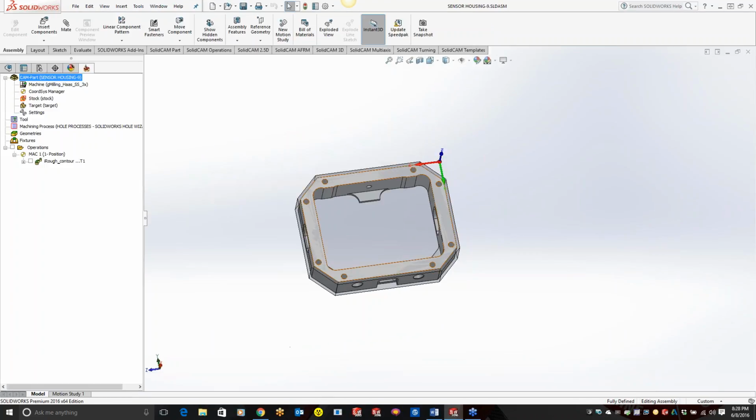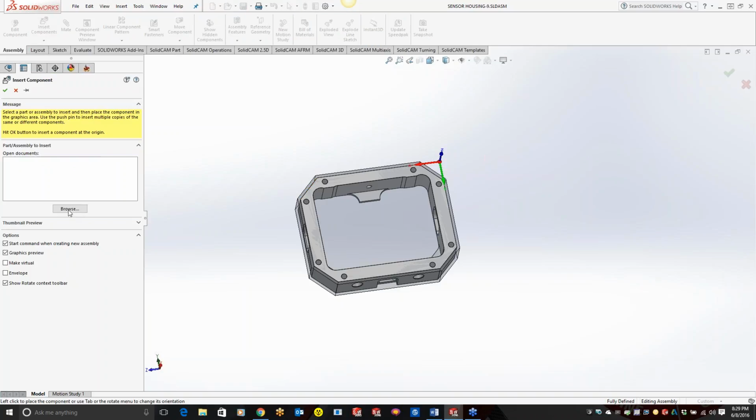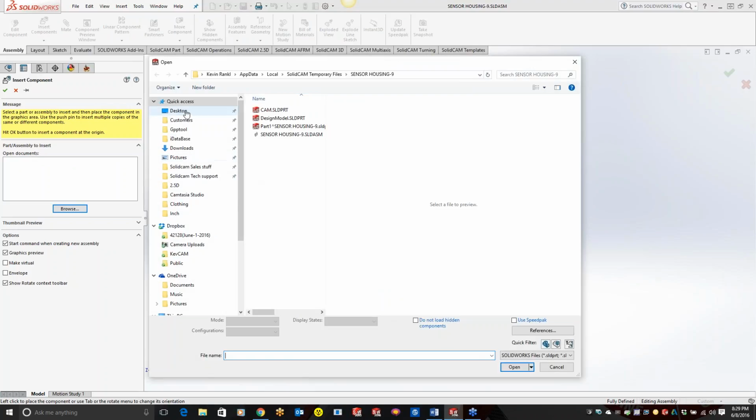We'll bring another part in. Like I said before, the nice thing about using SolidCAM is it automatically starts in assembly level. One thing you won't be able to do in SolidCAM internal, because we are internal to SolidWorks, is this, since we're only at part level. If you do internal, you lose the ability to import different files, because we're only working with the SLDPRT, not the SolidWorks assembly level. So now we can do an insert component, browse to your part,